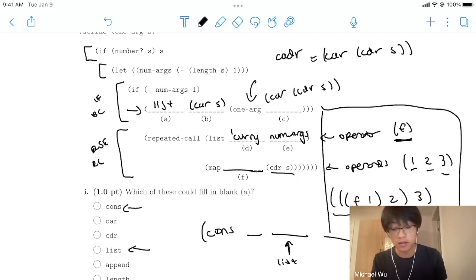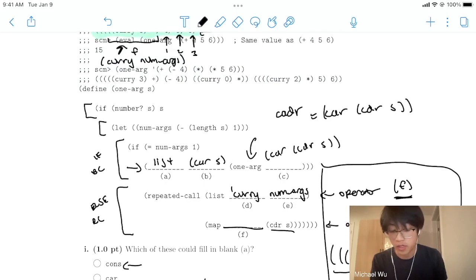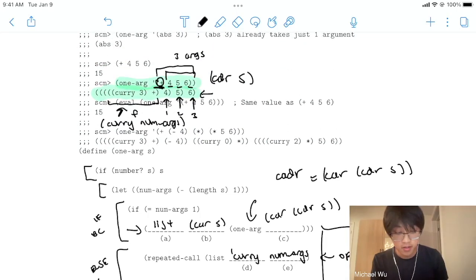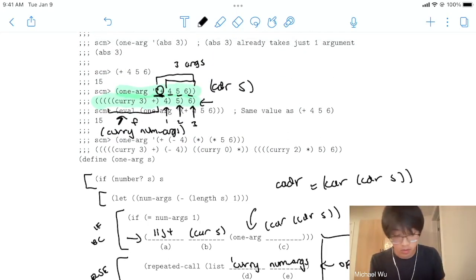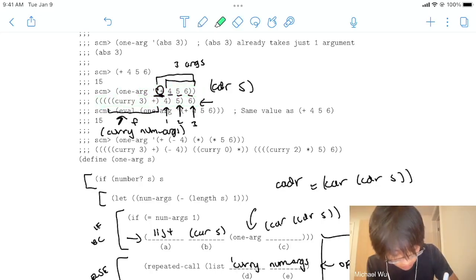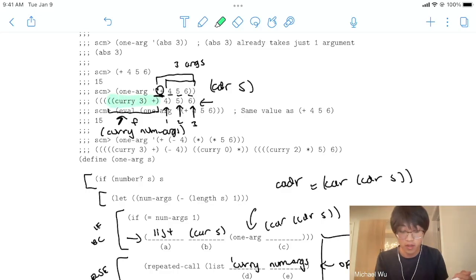So to answer that, let's recap what we have done so far. For this example, I'll erase the highlights and highlight again. We've gotten our curry 3 plus, right? So that's what was done in this line. So what's left to do now is